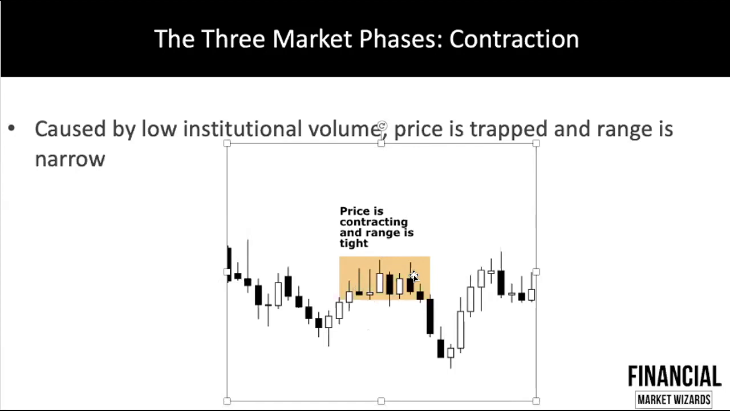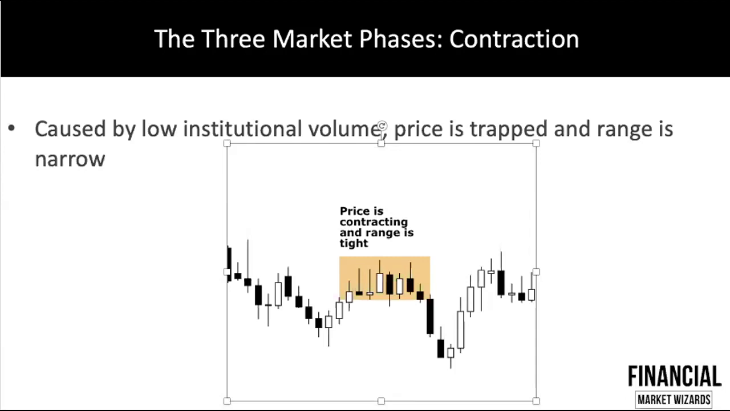So basically, in this phase, price is trapped and the range is narrow. You'll see a lot of doji candles. If you do not know what a doji candle is, get our book. We'll put it in the download link in the description below. In our free book, we talk about the different types of candlestick patterns, so that will definitely help you. So back to this: price is trapped and the range is very narrow. After contraction, which means there's no volume,